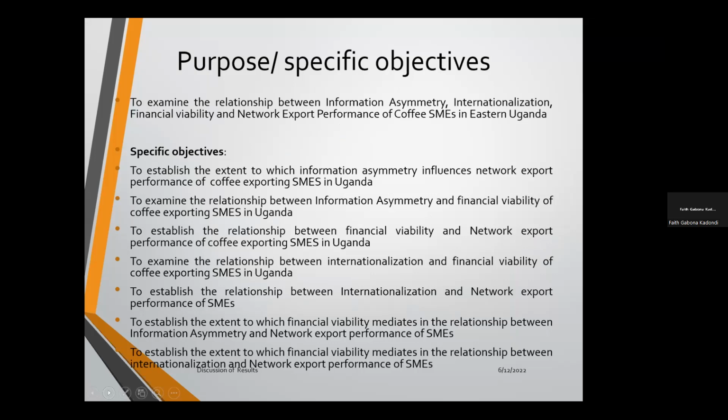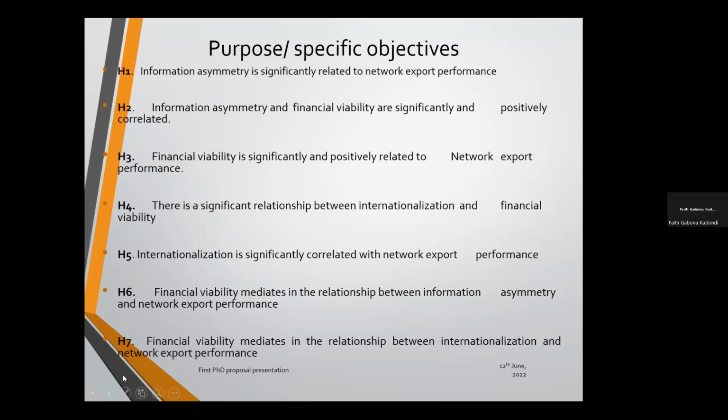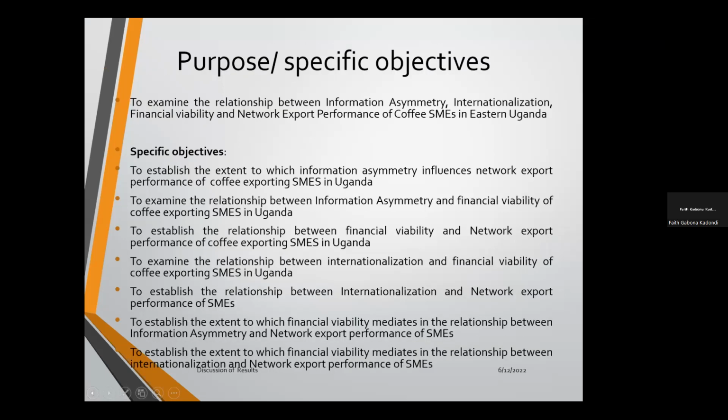Specific objectives: this research intends to establish the extent to which information asymmetry influences network export performance of coffee exporting SMEs, to examine the relationship between information asymmetry and financial viability of coffee exporting SMEs in Uganda,